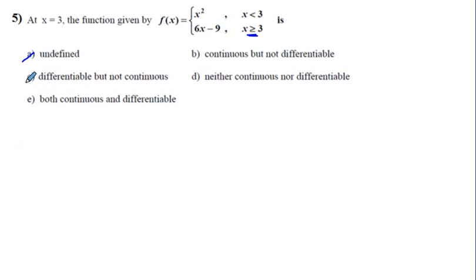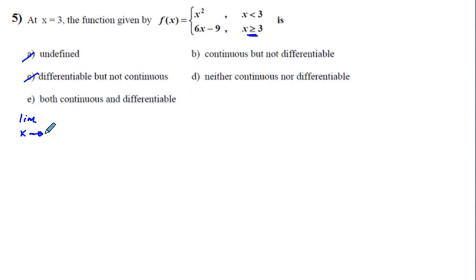And answer choice C is going to be impossible also, because to be differentiable you first have to be continuous, so that's impossible. Let's see. And so the other three possibilities, they are possible. So let's go ahead and check continuity first, which is going to be the limit as x approaches our critical